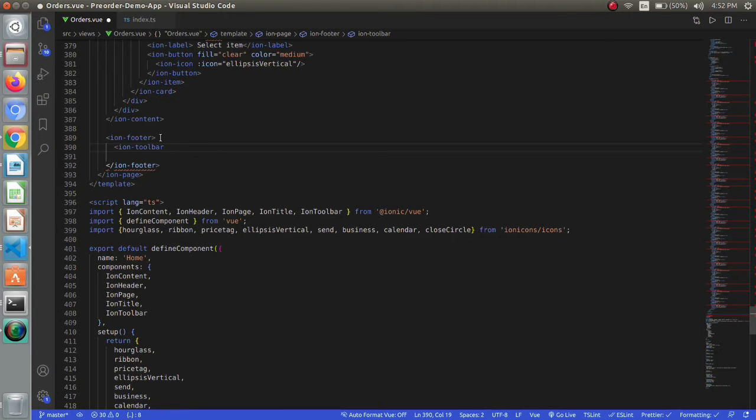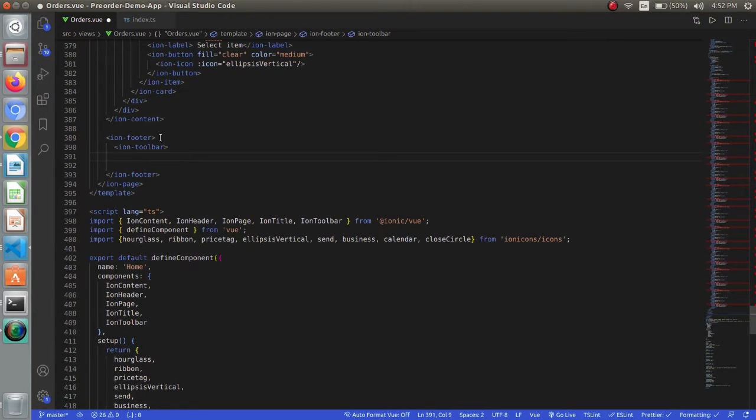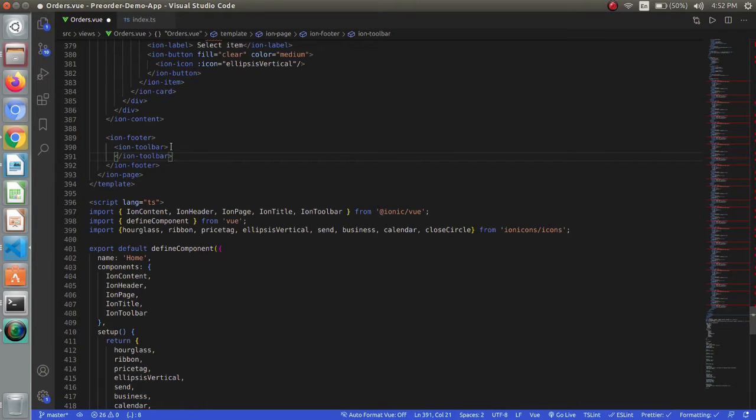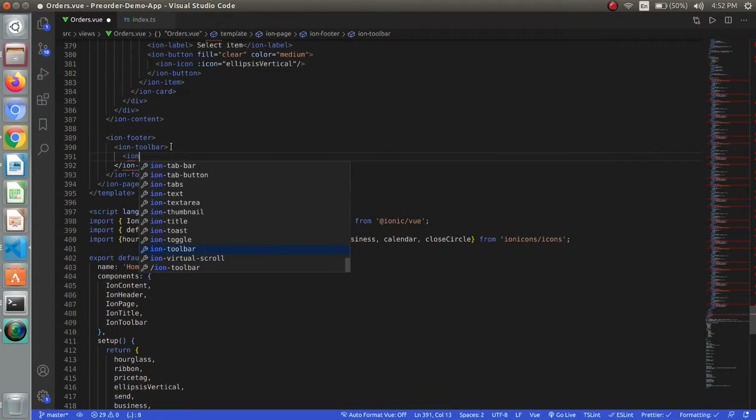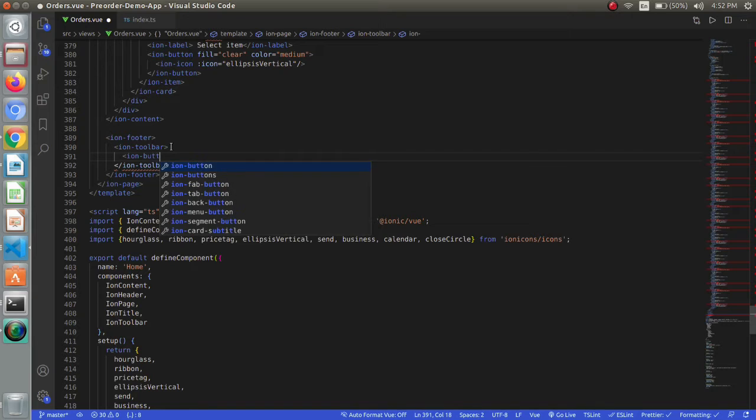Toolbar can be used in header as well as in the footer. And inside Ion Toolbar I will be using Ion Buttons, and inside Ion Buttons will be the four buttons that we have seen.